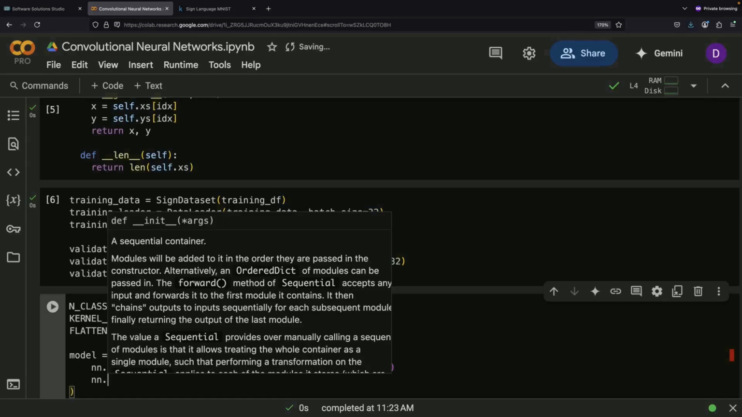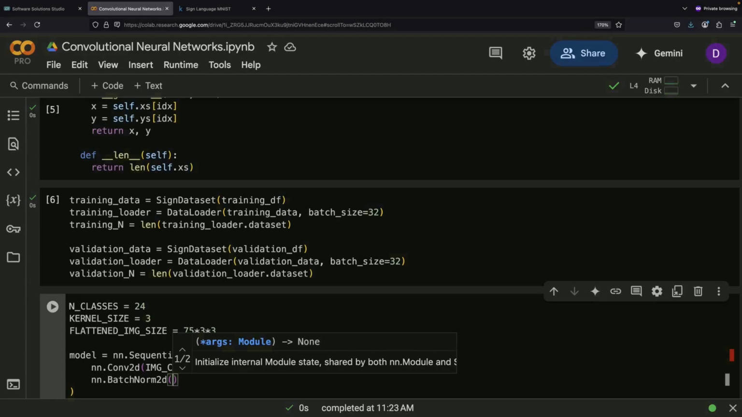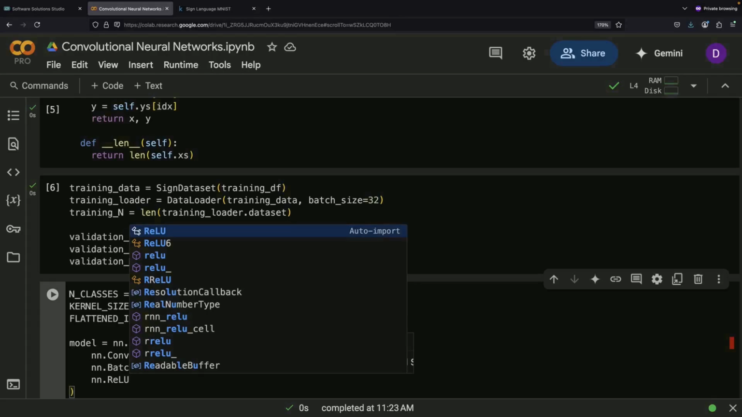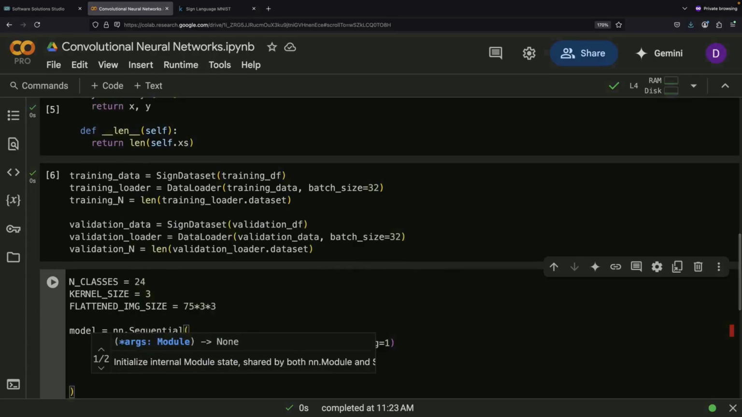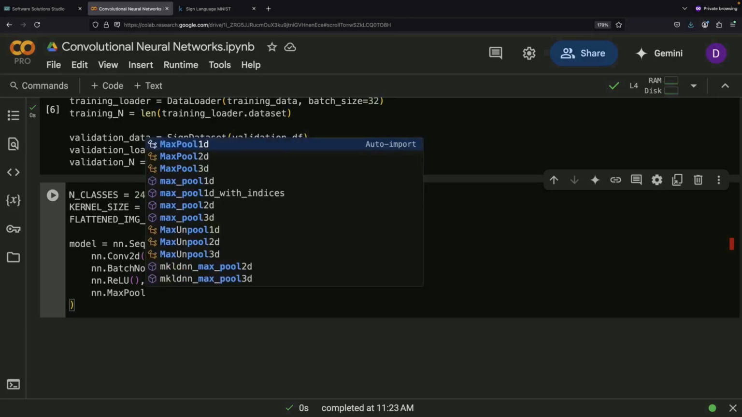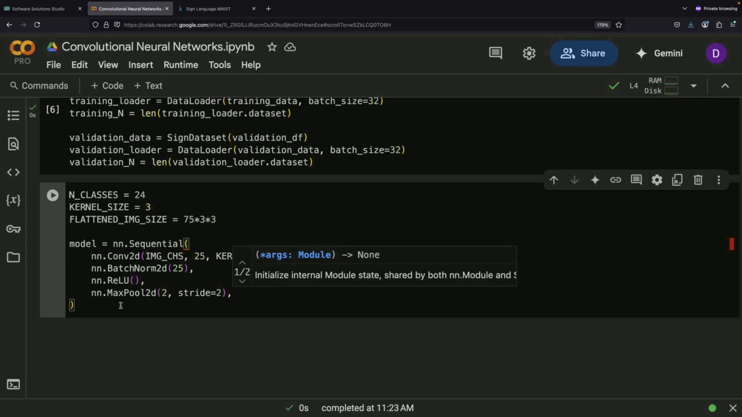After the convolution, we'll apply batch normalization using the 2D method since we're working with 2D images. This helps standardize the inputs to each layer, making our network more stable during training. For activation, we'll use a rectified linear unit, or ReLU, which introduces nonlinearity to our model. After activation, we'll apply max pooling, which reduces the spatial dimensions of our feature maps while preserving the most important